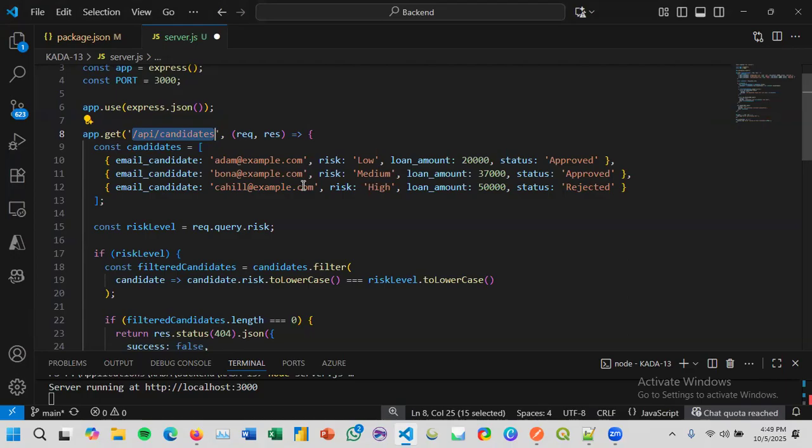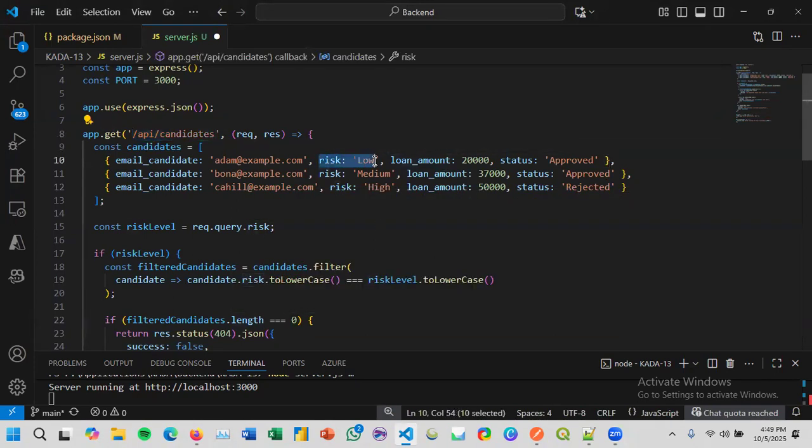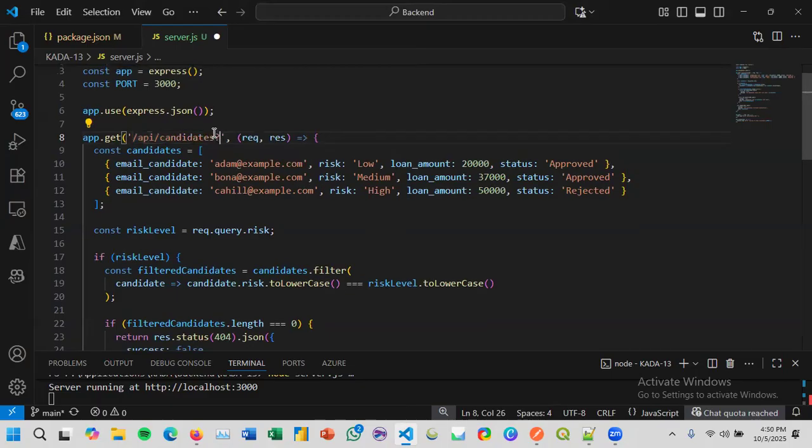How? Express automatically reads query parameters from the URL. So when someone visits /api/candidates, and maybe only wants to find low risk candidates, you can directly write into Postman /api/candidates?risk=low.